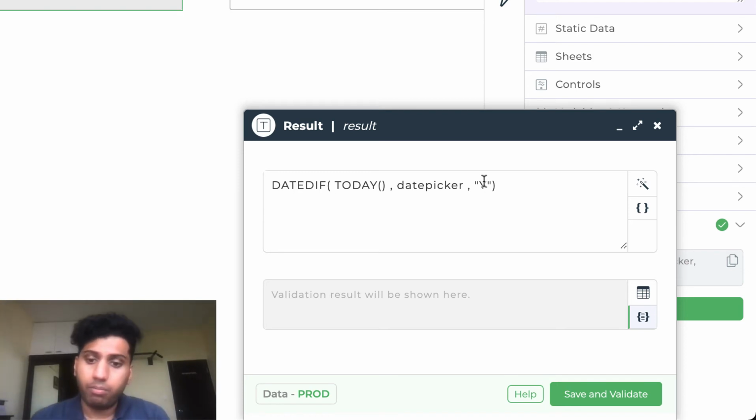If you want something more advanced, like say you want the year correct to the decimal, so say you want 2.53 years to be displayed, then you can just display it in days and divide it by 365. So yeah, you can do all the permutations and combinations you want.